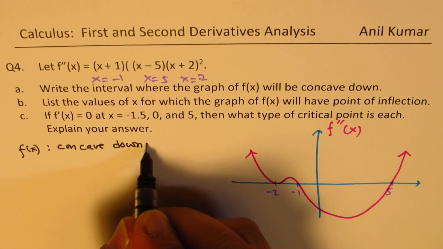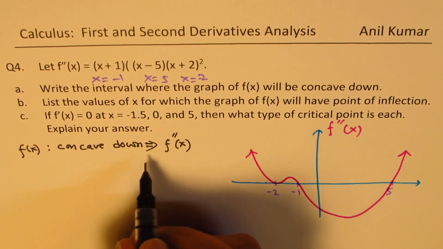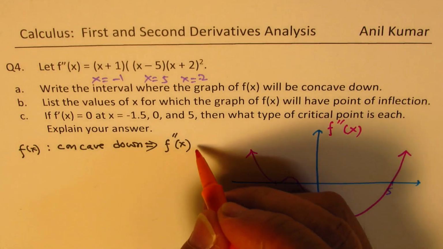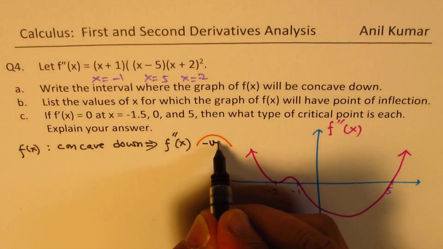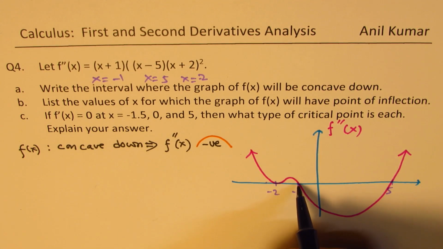That basically means what? That means the second derivative should be negative, because concave down is like this. The second derivative is negative in this interval,